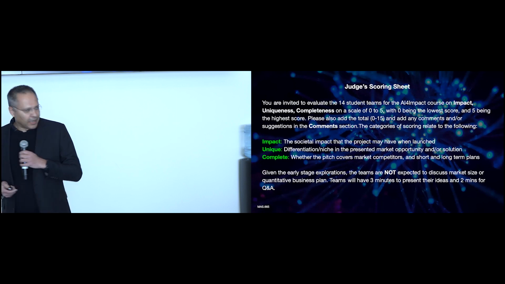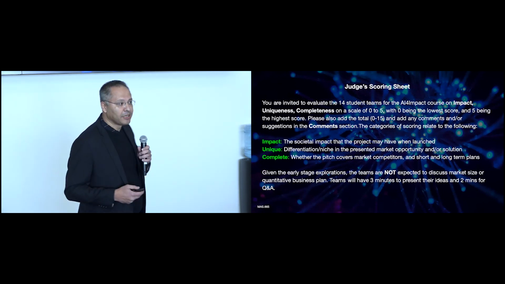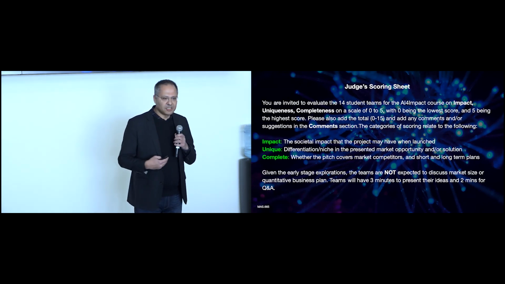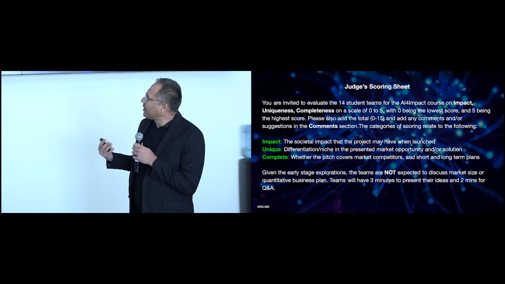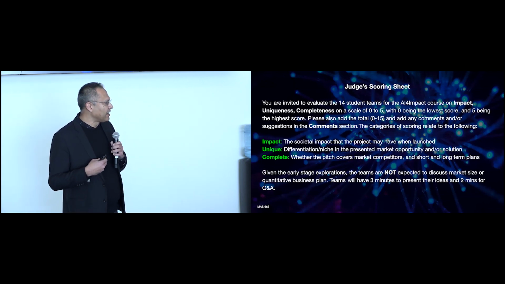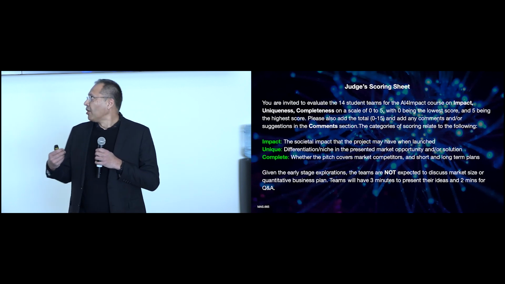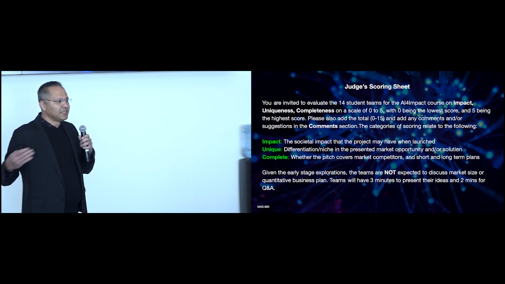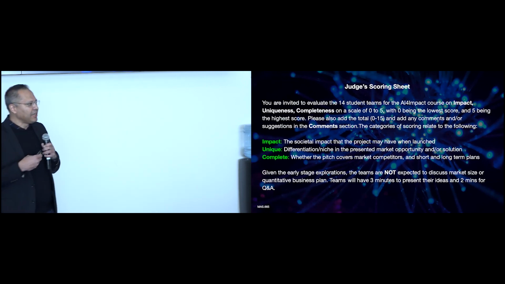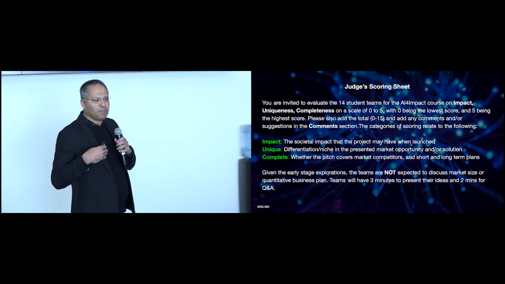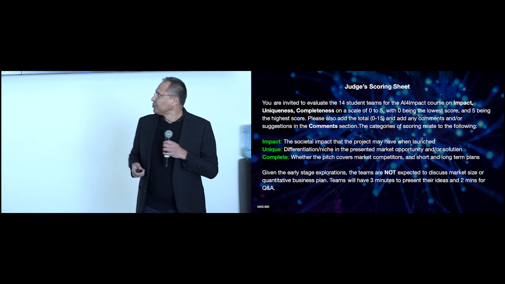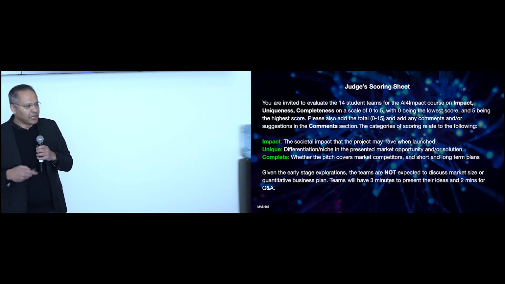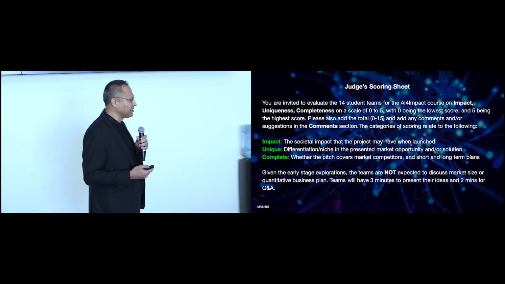So with that, I think just a quick blurb in terms of how the judges are going to be assessing the performance of the teams. It's really around 3 metrics. We look at impact, the uniqueness of the idea, and the completeness of the concept itself. So we're not really looking at a full business plan presentation right now. It's really around being able to communicate these high impact ideas in a fairly short period of time. So 3 minutes each for each team. I'll be keeping track, and we'll have a couple of minutes after the presentation for Q&A by the judges.